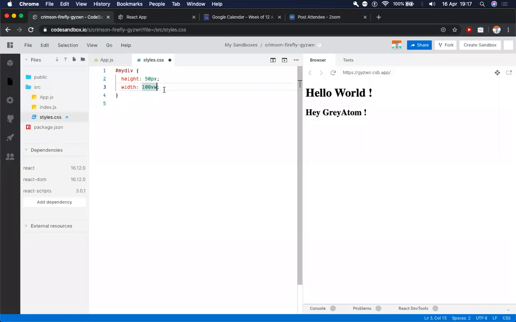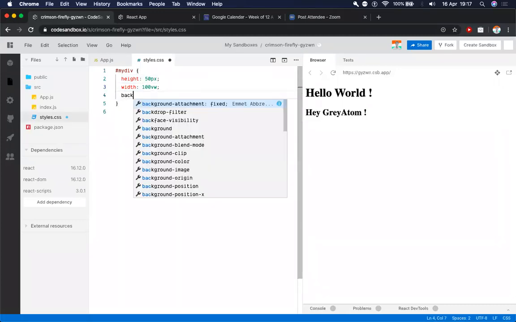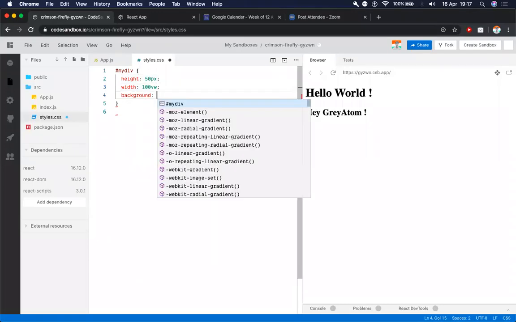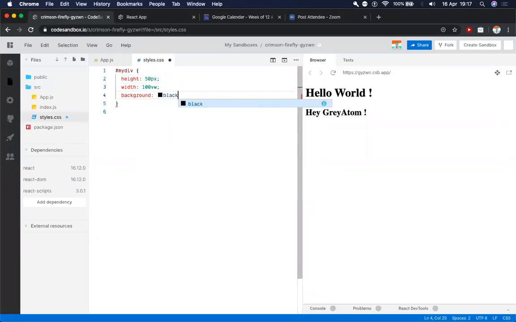VW is the width of the container. So 100 VW means that we are telling our component to take the full width of the container which it is present in. So since our container is of this size, the component should fill the whole container. And now I'm going to add a background color here of the color black.